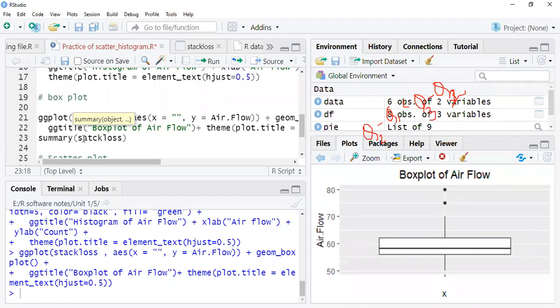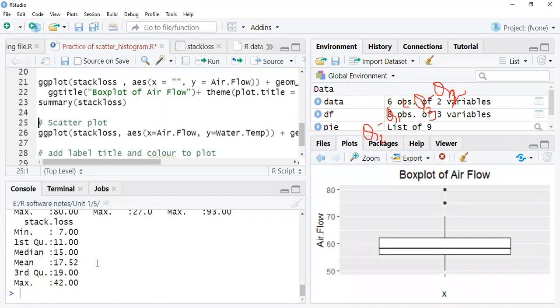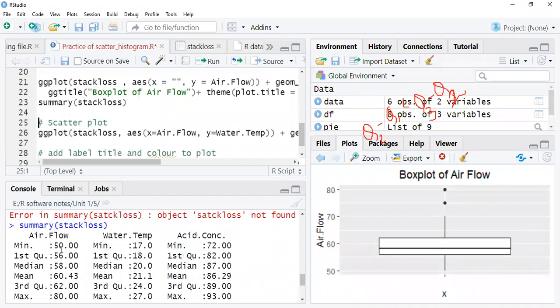Let me see. Summary of stack loss, sorry. So here you got the summary of stack loss, but you have to understand this summary. Look, the summary of airflow is available here, the summary of water is available, the summary of acid is available. Now you can compare these results.